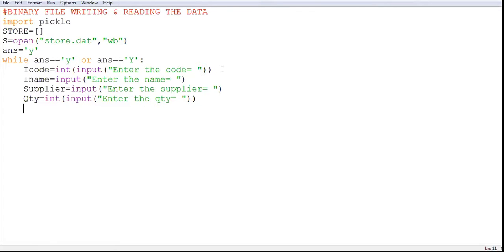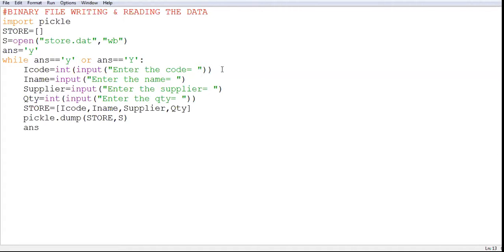Right? You have taken the record from the user, same as we did in the dictionary. Till now we are the same. Now what change will come? Now we have to put it in the list. The name of the list is store, equal to square brackets, whatever fields you have taken, start putting them in the list. And using the pickle.dump function, you transfer your record from the list to your binary file.